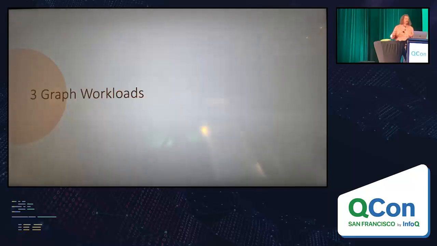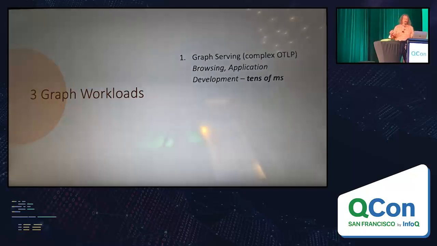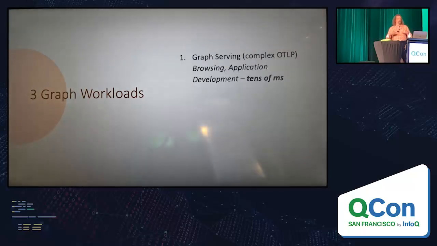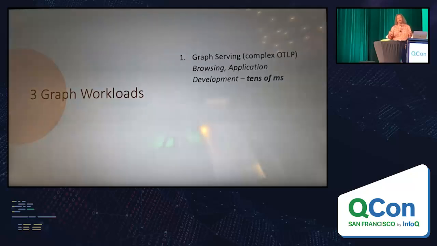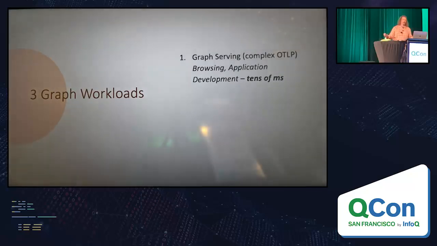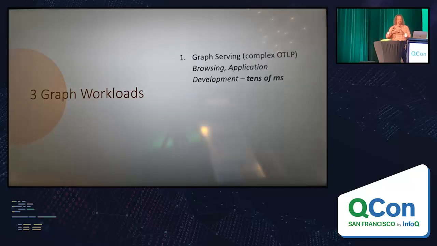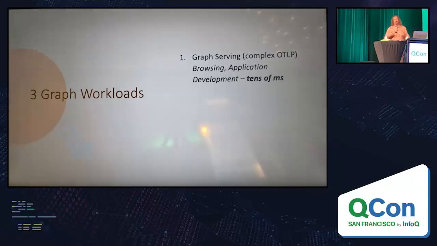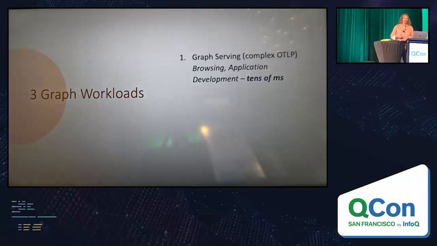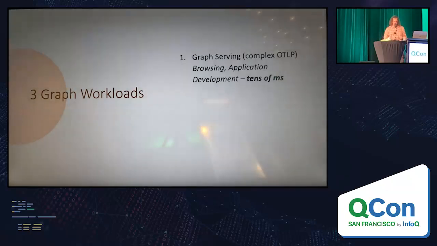Okay, so this is just one of 3 graph workloads. What we're doing is graph serving, and database people would call this complex OLTP. But what we're doing is we're browsing a graph. This is the predominant application workload. Even things like PowerPoint or Word, what they're doing is they're browsing a graph of stuff almost all the time. You do a little bit of editing, right? The important thing about serving is we need to work in human real time, right? Like about 1/4 of a second. Let it be half a second, but it's got to be like that fast.